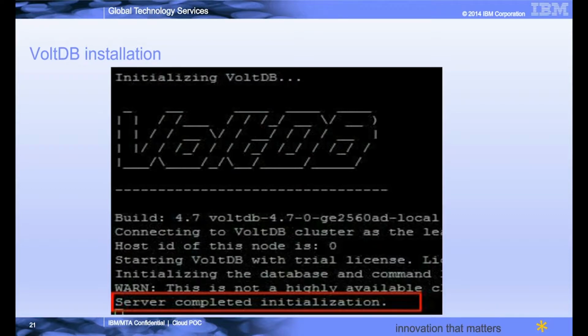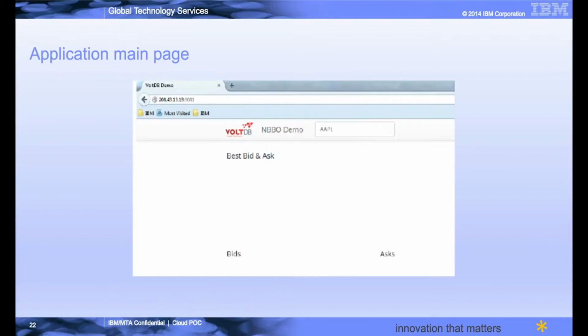Then if you move to the next slide, here we are going to take a small application to run on VoltDB. Why are we taking the national best bid and offer? This is a very realistic day-to-day life scenario. How will it work? It gives the lowest available ask price and the highest available bid price to investors, who then buy and sell the securities. So the investors, in day-to-day life,